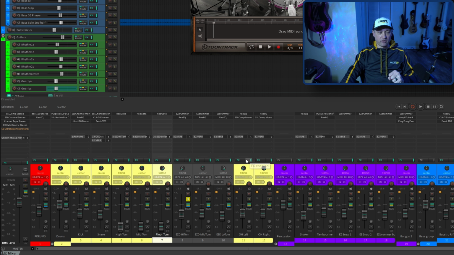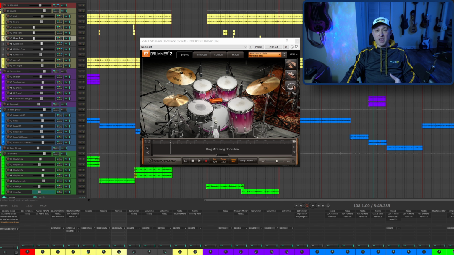I add it to my room reverb. I then process the drums on the drum bus itself. And that's really it. That's all I do for sample replacement. I've done this on snare, I've done it on kick, and toms are really the three that I use them on the most. And if we play it with just the whole song playing,